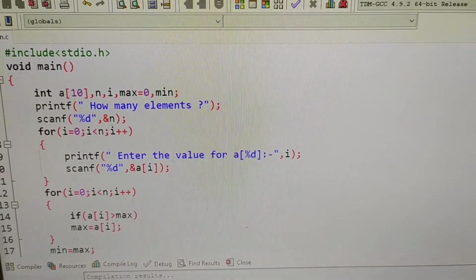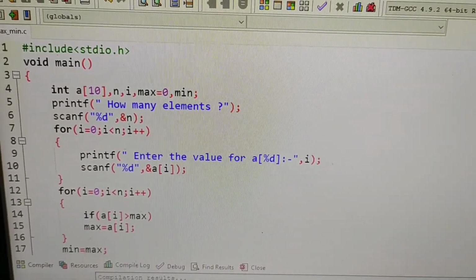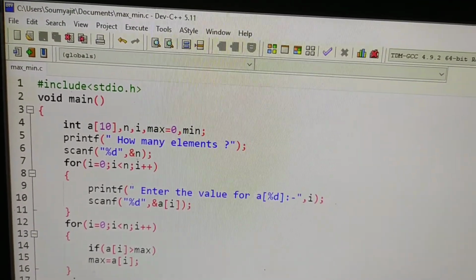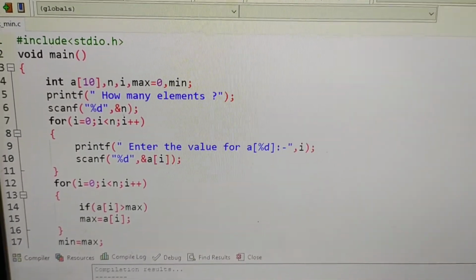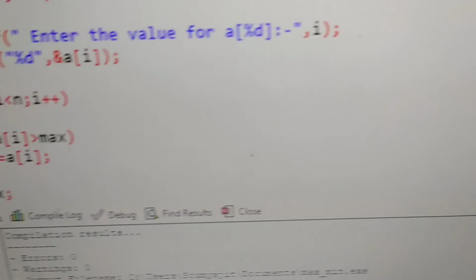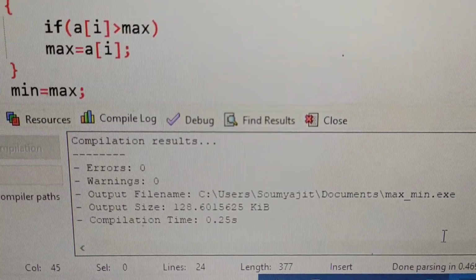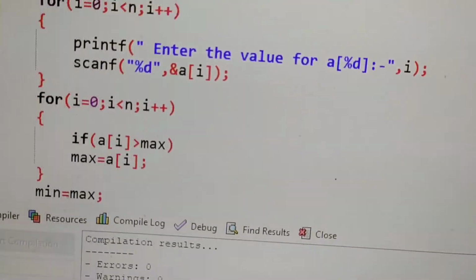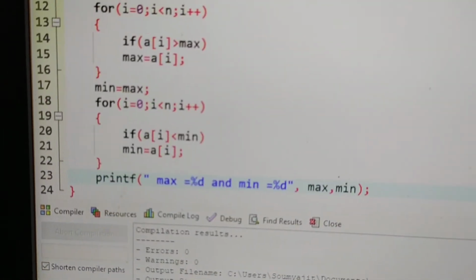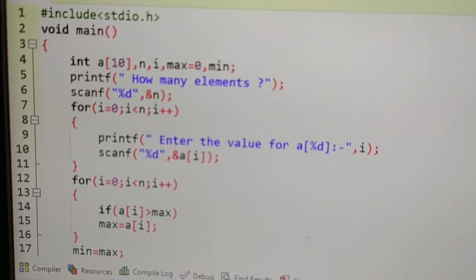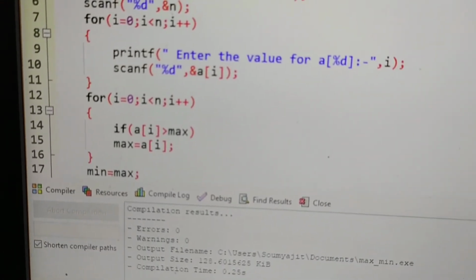See, I have written this program, and now I am compiling it using F9. See, it is giving 0 errors. Now I am running it. How many elements? Say there are 5 elements.